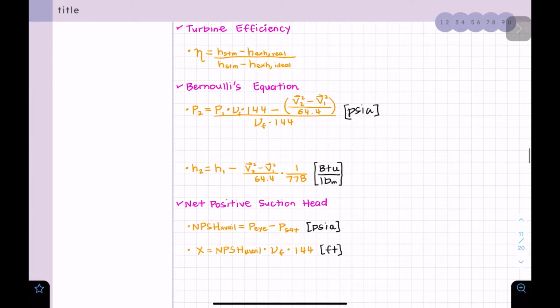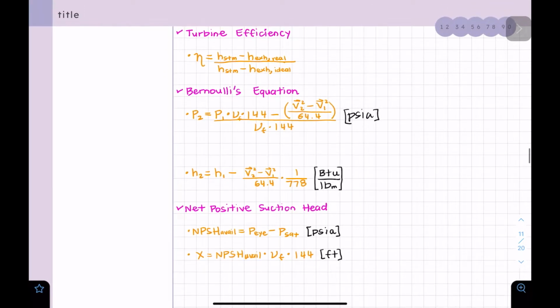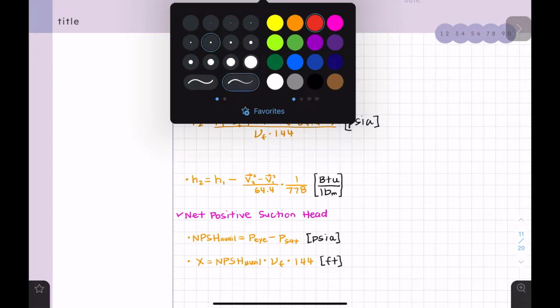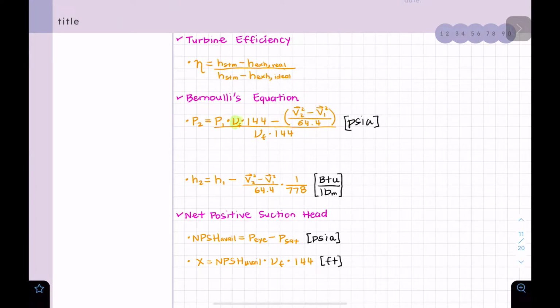And finally, I think this is going to be it. We're going to go over turbine efficiency. And this is the formula for the turbine efficiency. This is the formula for Bernoulli's. Actually, this formula, they don't have it like that, like in the example for the GFEs. This one I just memorized it. I think it's very simple. So